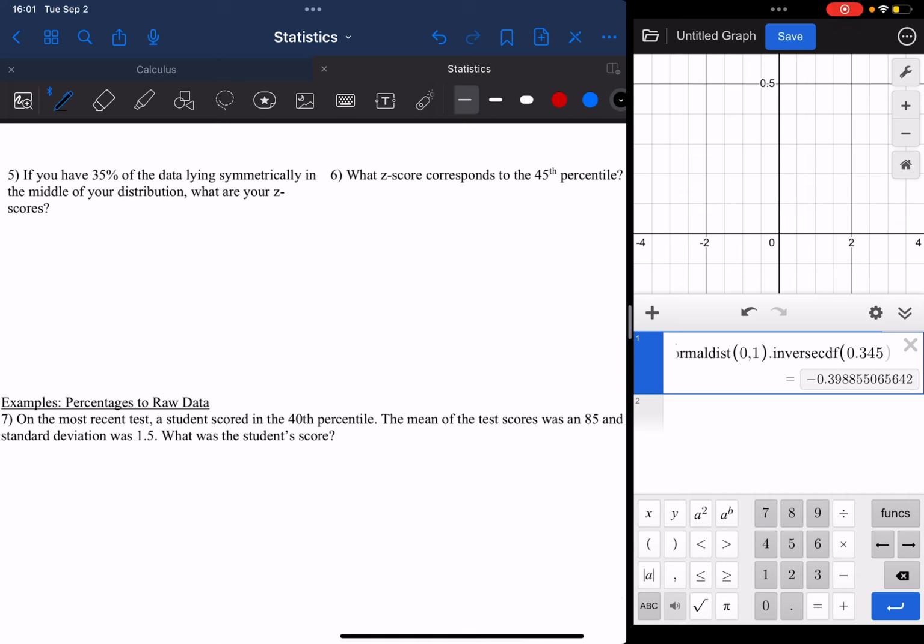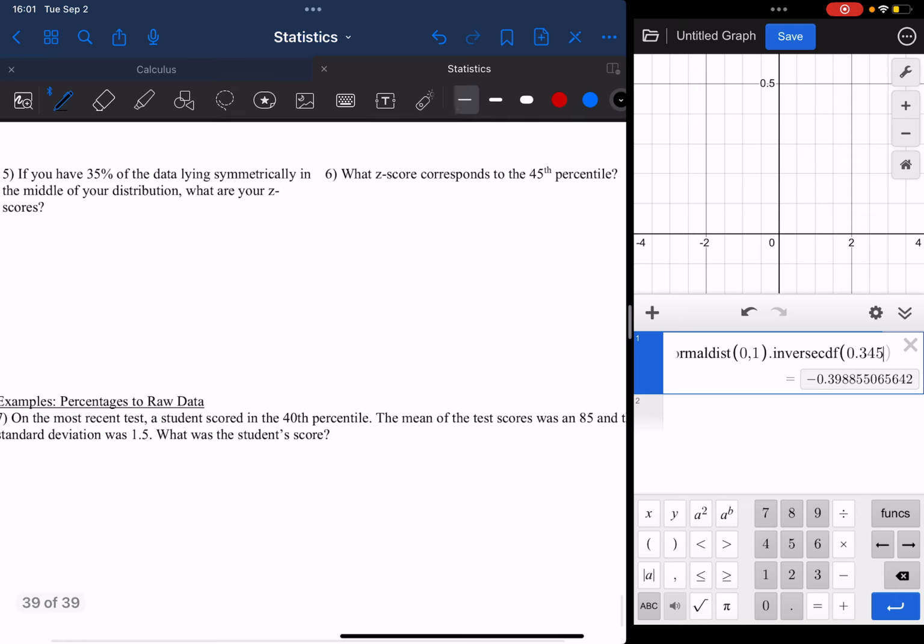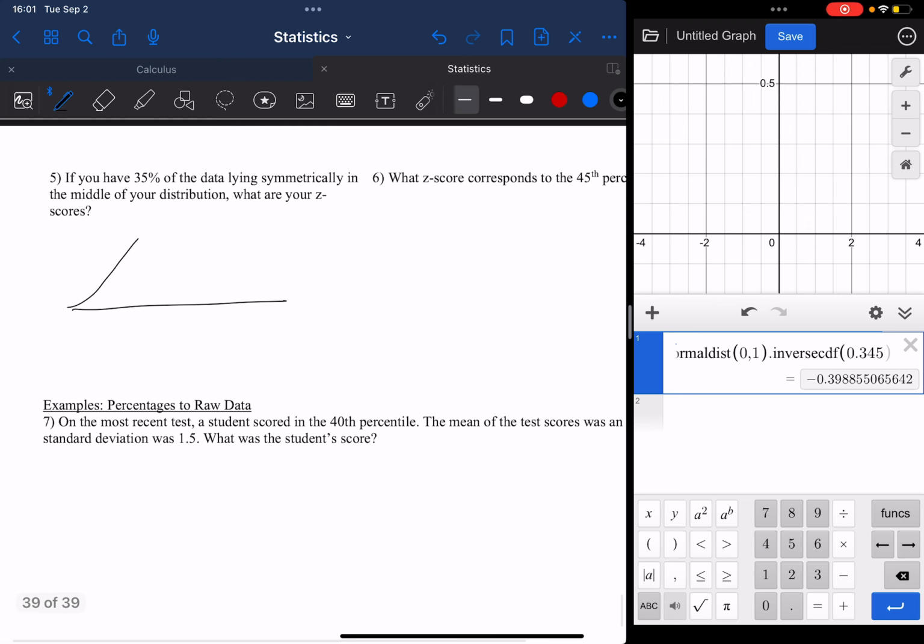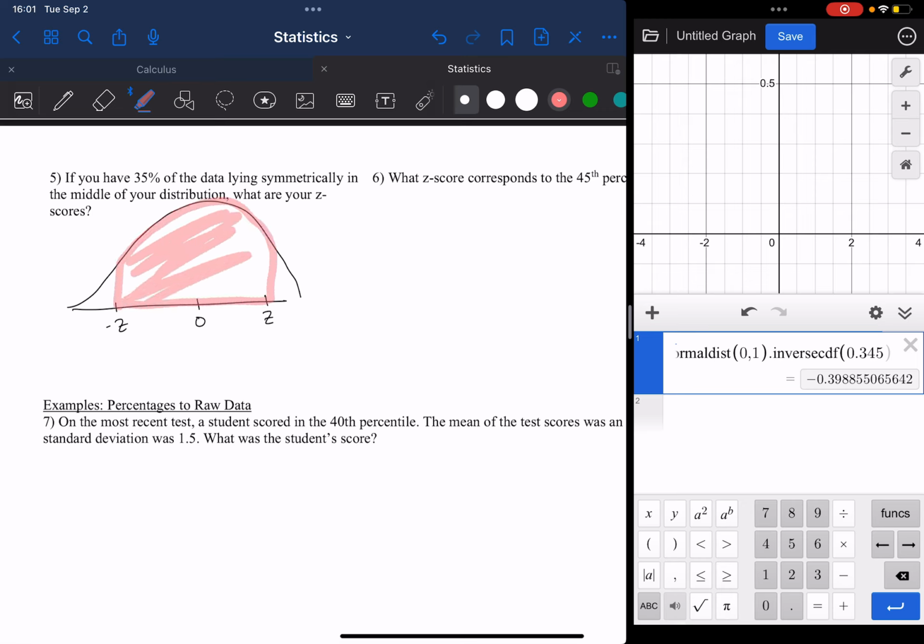Number 5 says if you have 35% of your data lying symmetrically in the middle of your distribution, what are your z-scores? Okay, so what does that look like before we start trying to find this? So this is our distribution. Here is 0, here is our negative z-score and our positive z-score. If we look at everything in the middle, that's going to be just the z-scores in between those two values,